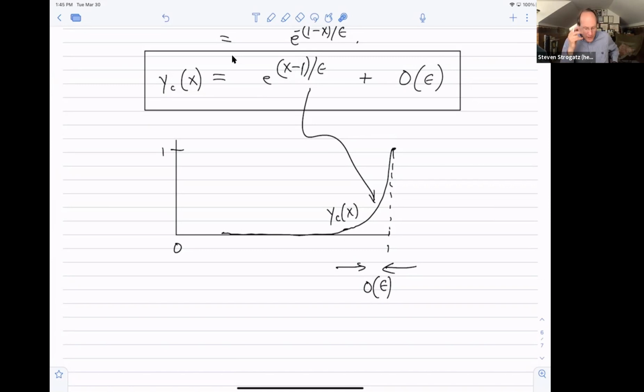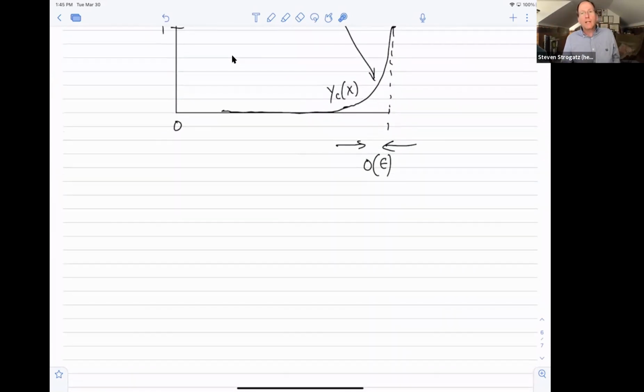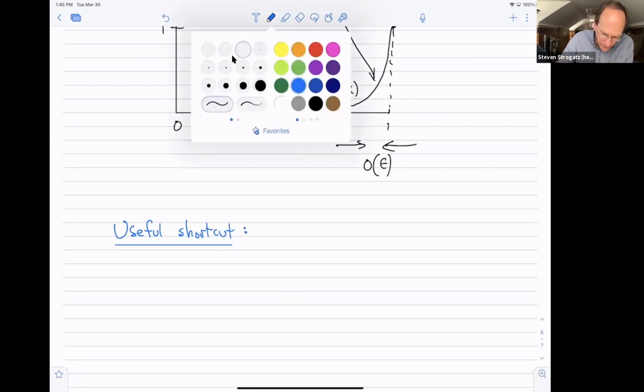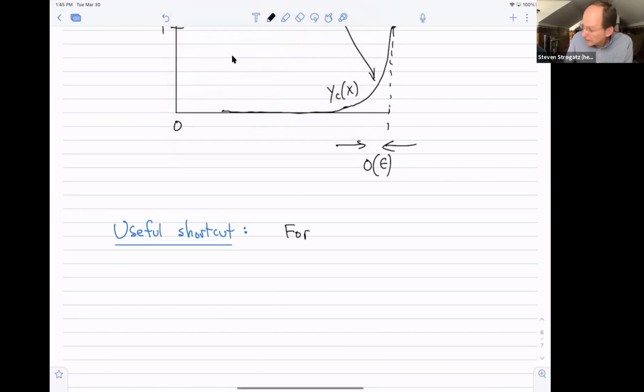This was supposed to show you how you estimate the thickness and also how you locate the boundary layer itself. All right, so that was example 1. Now, we don't want to do that kind of thing every time, and there are shortcuts. So let me tell you a very handy shortcut that works for linear problems. So let's suppose we're considering a pretty general second order boundary value problem. Let's suppose it's linear but has variable coefficients.